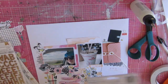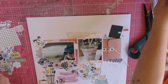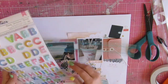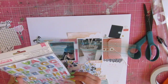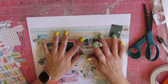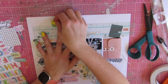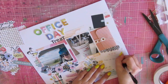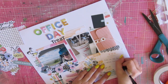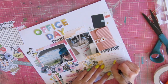Now going through deciding on, I knew my title, but I needed to figure out what thickers I wanted to use. I was going to use the gold ones you may have seen pop up just before, but I thought the gold was just far too much. And with the white base, it sort of really stuck out like a sore thumb. Now, I went with these coloured ones, which can be really challenging to use, especially if you haven't got mixed colours. Lucky I did. And I went with just a subtle little black